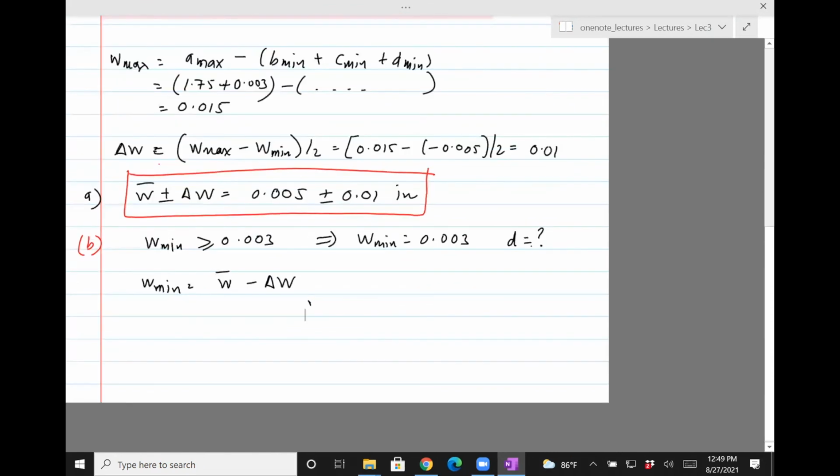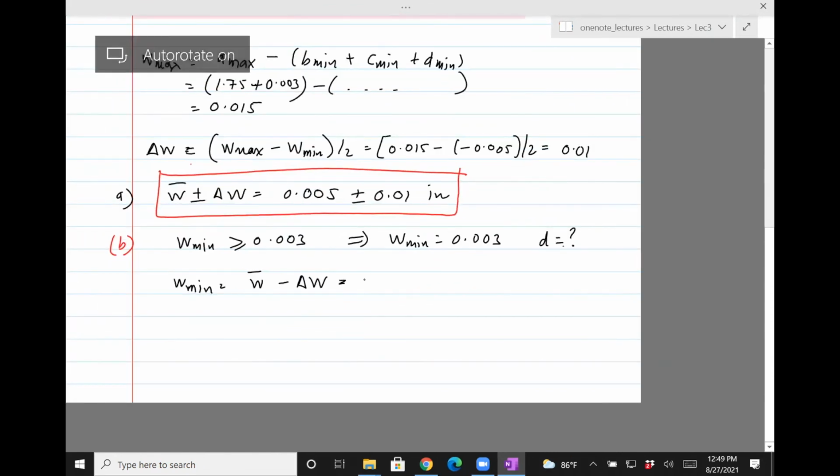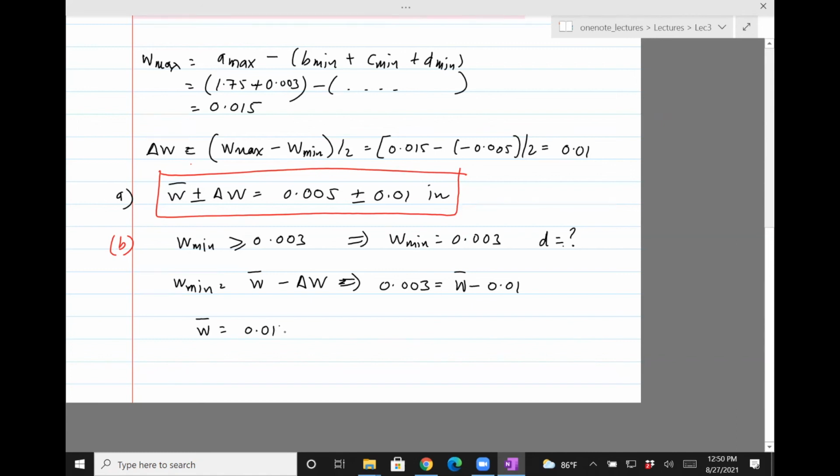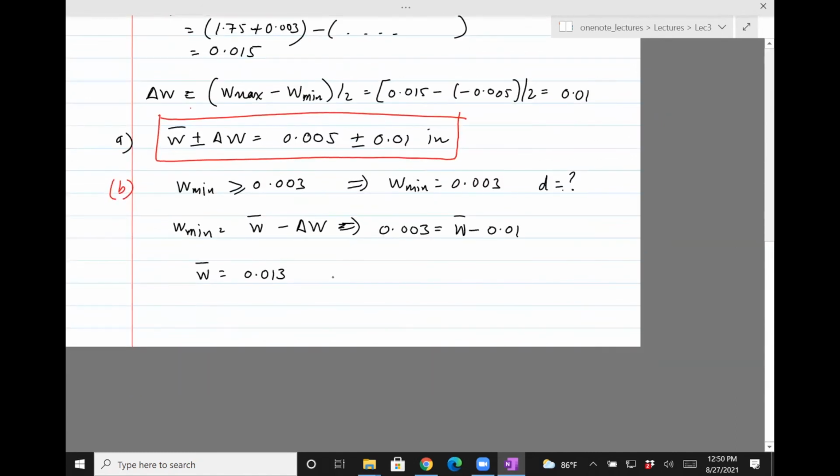If you want the maximum, you just put the plus sign. So W bar is unknown here. So W min is 0.003. W bar, which is average, is unknown, and 0.01 is the tolerance. So we can solve for W. That comes out to be 0.013. And then finally, the last step is to find D, which now is